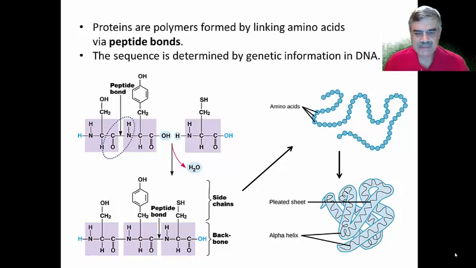Now, let's imagine that a mutation occurs or an error occurs in translating the DNA information, the genetic information in DNA, into the sequence of amino acids in the protein. There could be a couple of consequences. One is that the substitution or a mutation of one amino acid for another will prevent that polypeptide from folding up into a three-dimensional structure. That's one consequence. Or it may be able to fold up, but it may not have the amino acids in